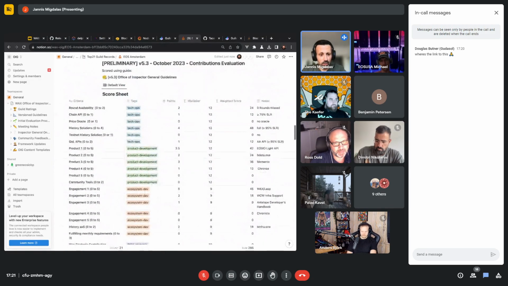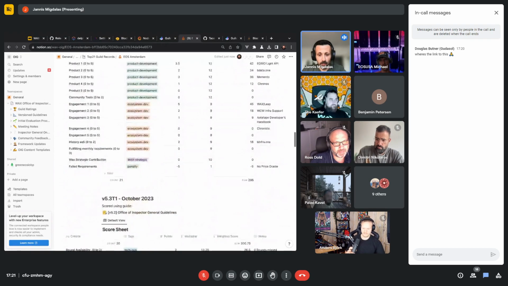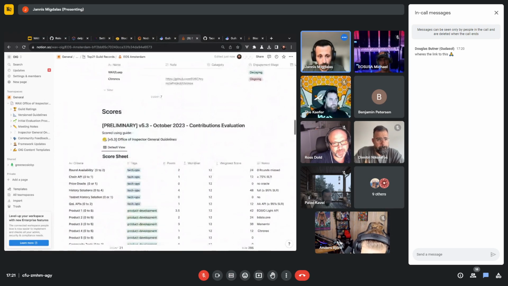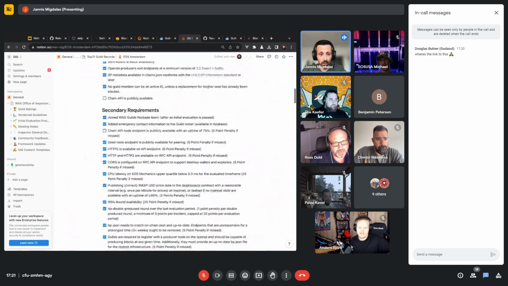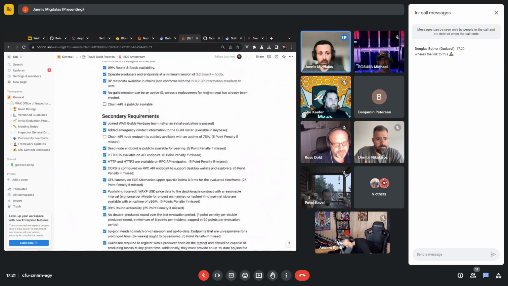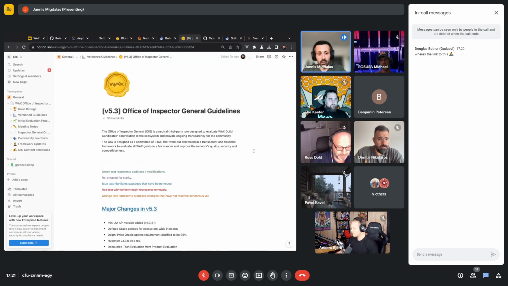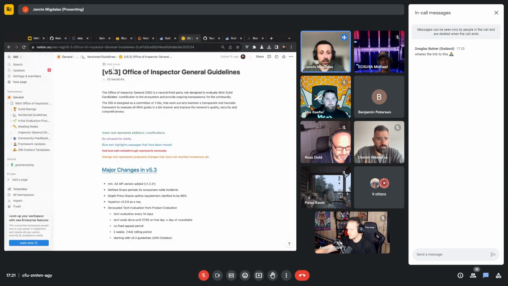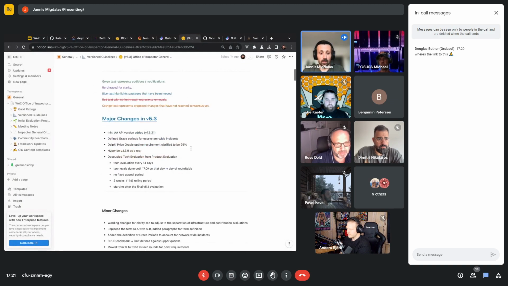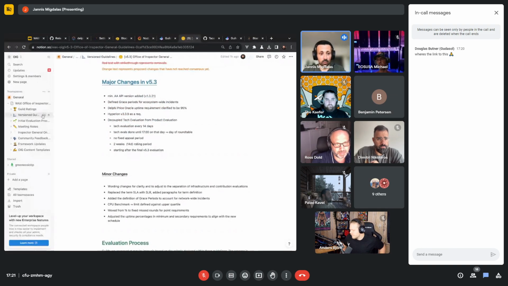Other changes we are having inside the table, not for now, but those two things are the biggest changes we are rolling out with 5.3 right now. In case you missed it, you can view the version guidelines, which are finalized now, 5.3. You can view them in the usual place on Notion under version guidelines.